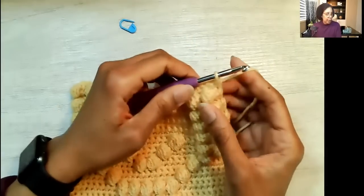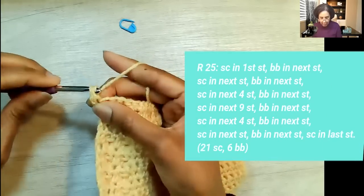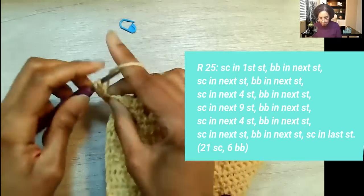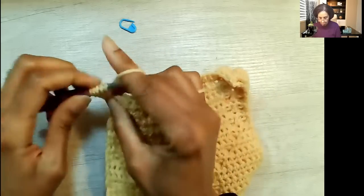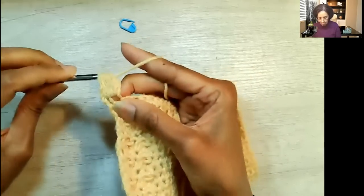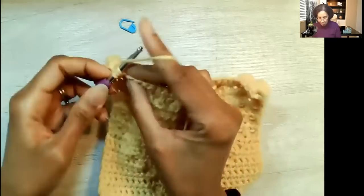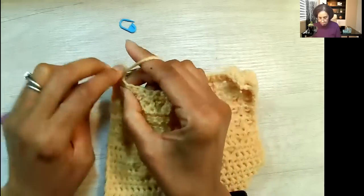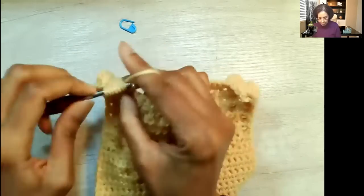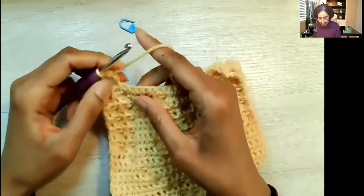Okay, guys, I am back. We are now ready for row 25. We're going to chain 1 and turn our work. And we'll begin with a single crochet in the first stitch, followed by a bobble in the next stitch, single crochet in the next stitch, bobble in the next stitch, single crochet in the next 4 stitches,